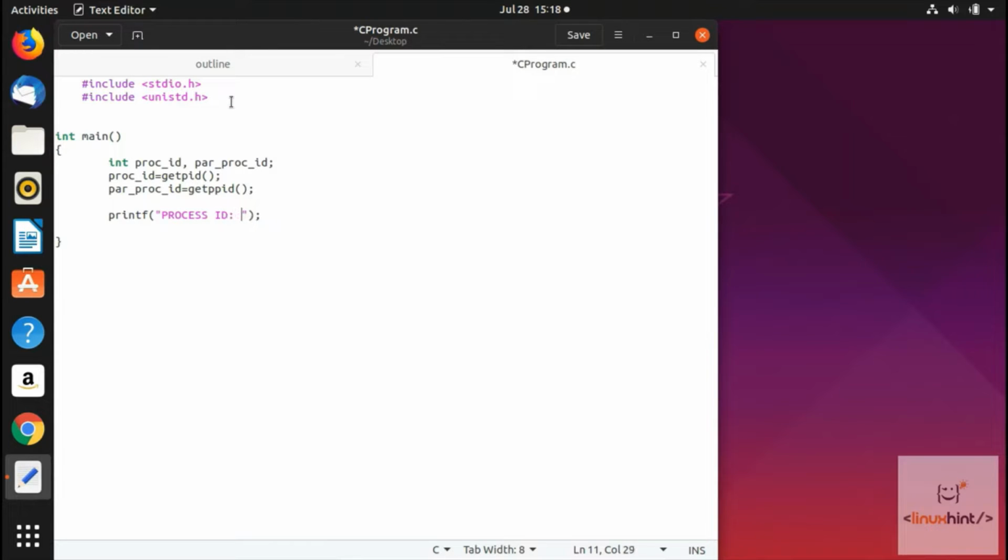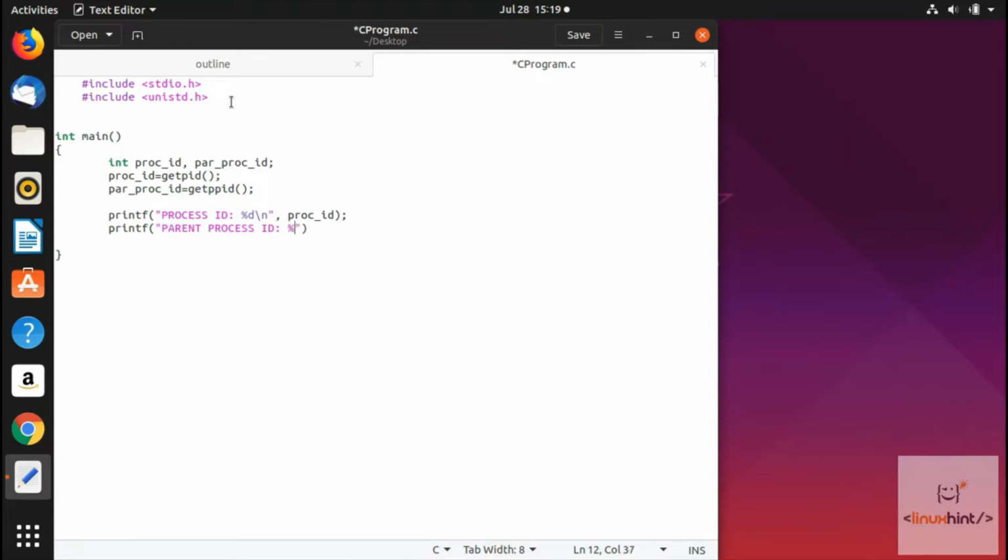and then I'm going to put here the percentage sign, %d, which is for integer. Then I'm going to put \n, which means that we want to go to the next line, and \t was for tab, which we have used previously. And then we put a comma here, and then I write the variable name, which is essentially process ID. Then I write printf again, and now I write "parent process ID",